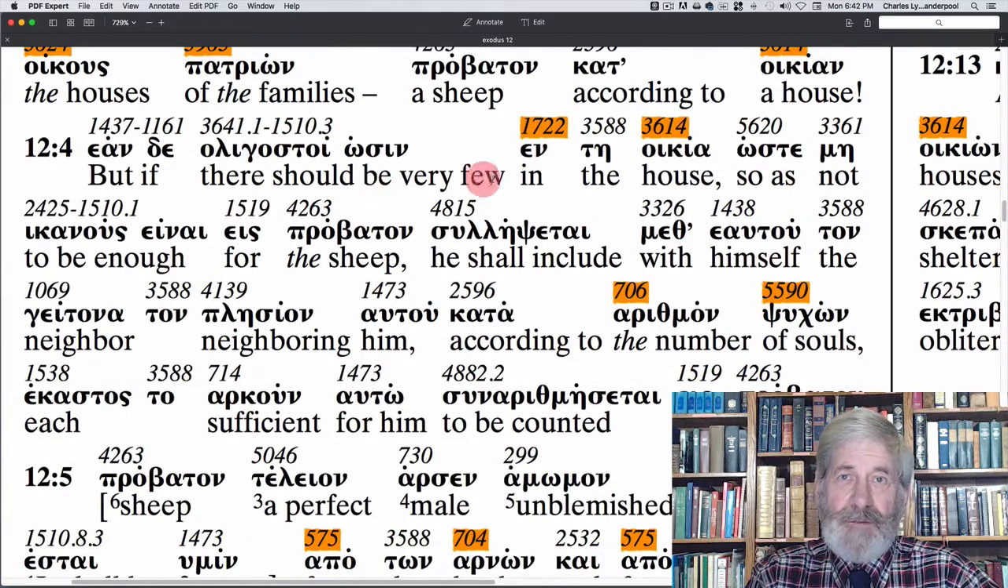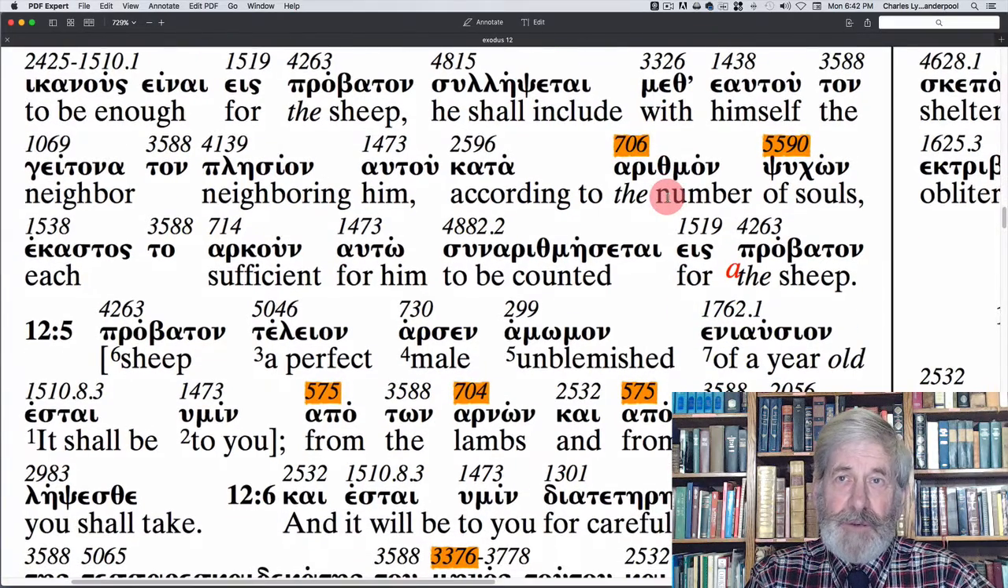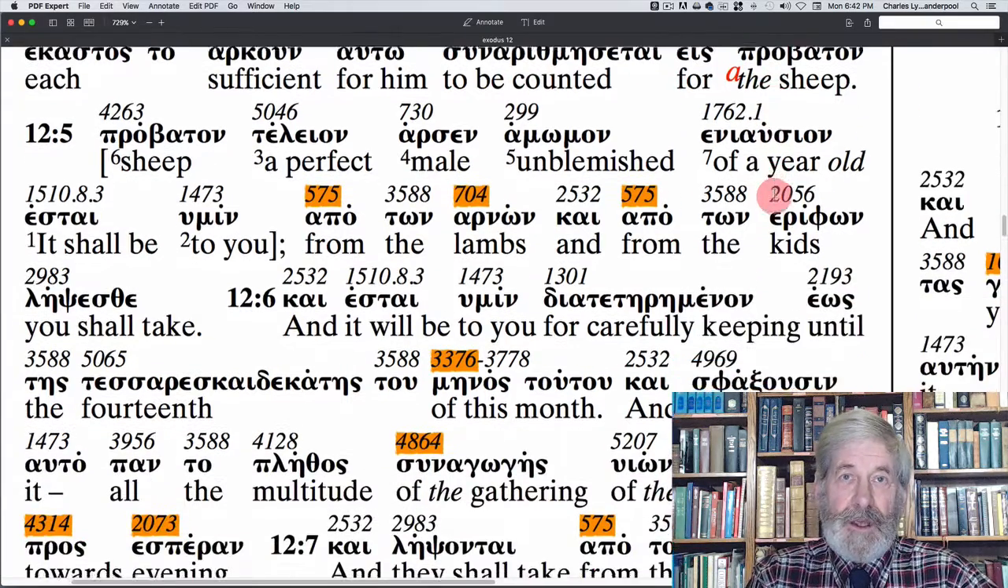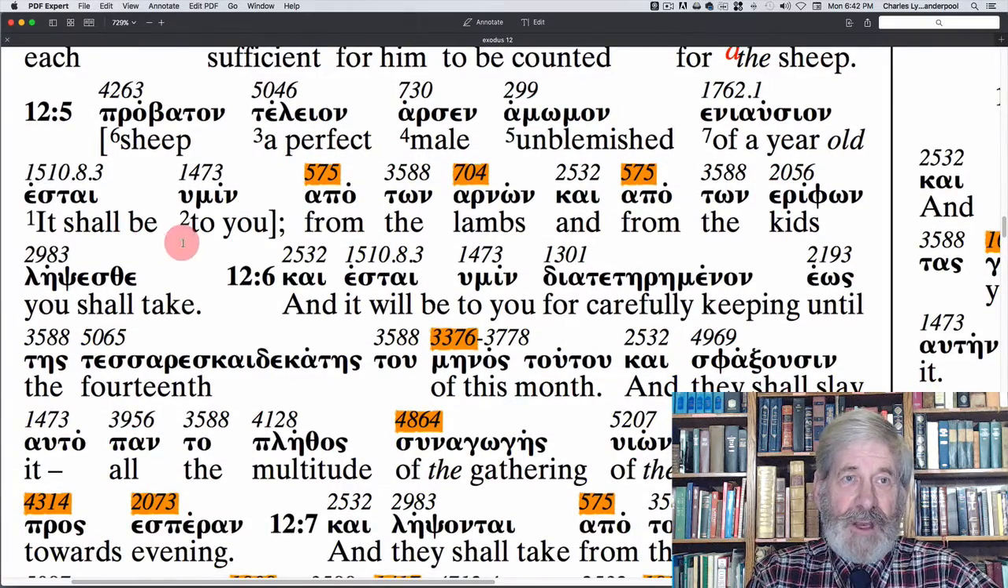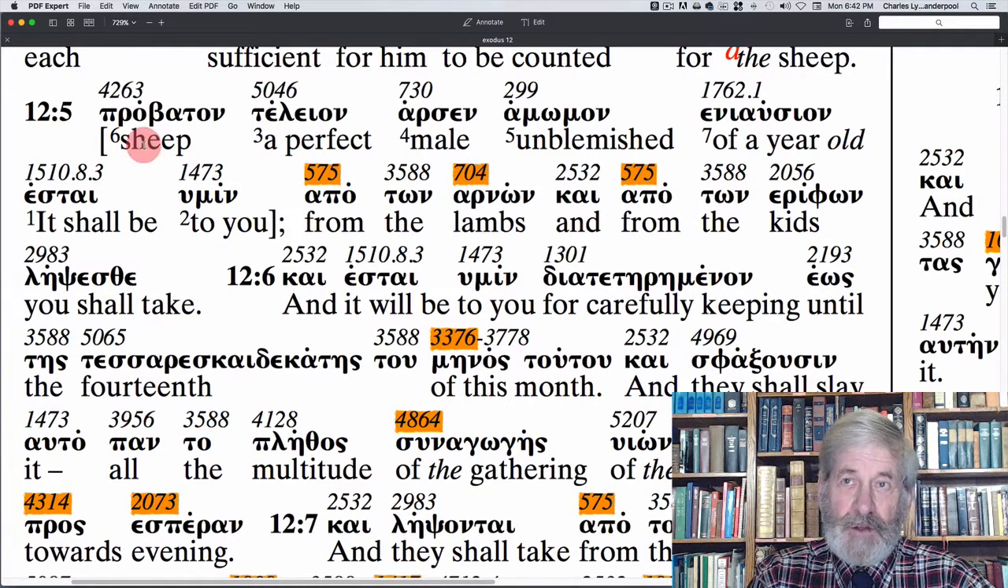But if there should be very few in the house, so as to not be enough for the provaton, he shall include with himself the neighbor neighboring him according to the number of souls. Well, I said that already. Each sufficient for him to be counted for a sheep. Okay, now here it is. It shall be to you a perfect, male, unblemished provaton, of a year old,